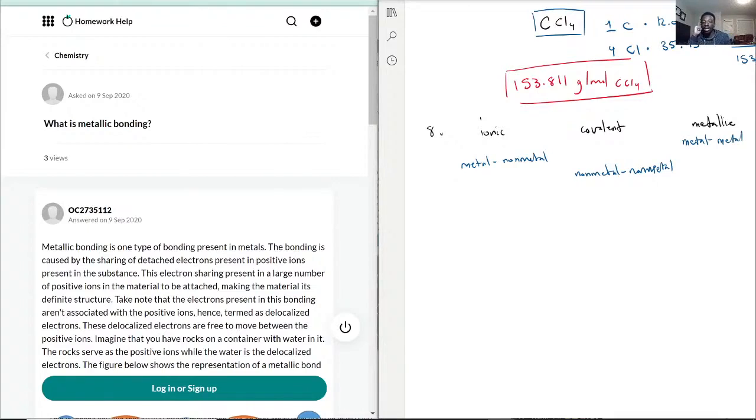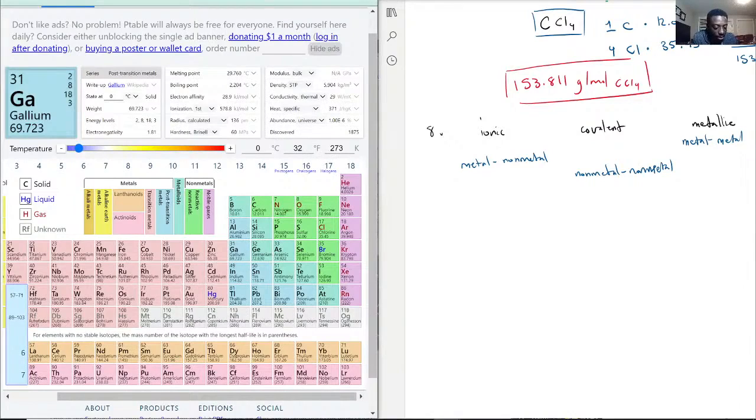bond. Okay, it's one of those that are not as discussed because most chemistry focuses on the ionic or covalent bonds. But metallic bonding is there, and there are many real-world applications. Like when you look at steel, for example, that is a combination of different metals. I'm trying to think of other ones, like even copper. No, let me check the periodic table. No, copper is a whole element by itself. But yeah, steel is a perfect example I can think of, really, just because it's honestly one of the perfect